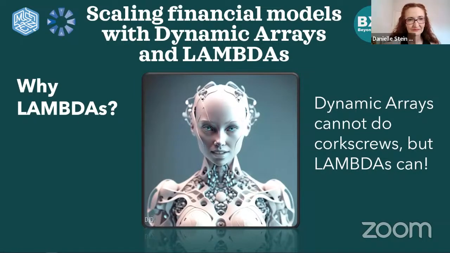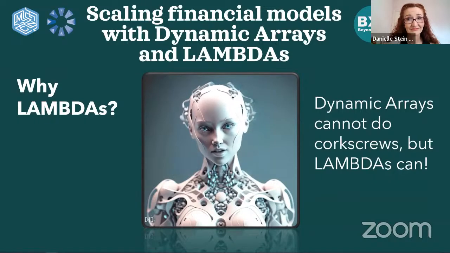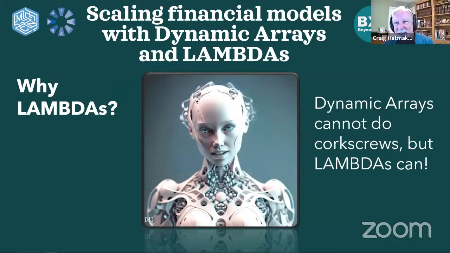While dynamic arrays are fantastic, they have a shortcoming that prohibits using them in traditional models without lambdas. But lambdas are complex and scary. That is where 5G comes in. Okay, so when we saw Jeff, he got to the point of the corkscrews and he brought in that SCAN formula, which for many of you is like, what are we talking about? How does that work? Jeff reminded me that it's possible to simulate corkscrews with just straight up dynamic arrays. That's some corkscrews, but not all corkscrews. And so we need to have something that'll make life easier for us. What can we do to make life easier? Let's ask.